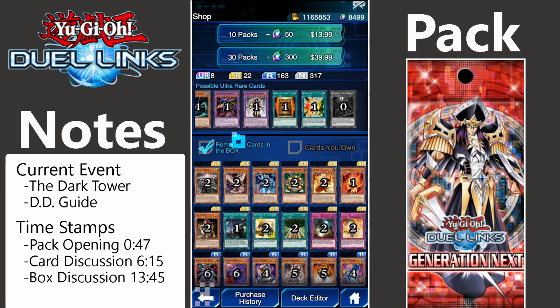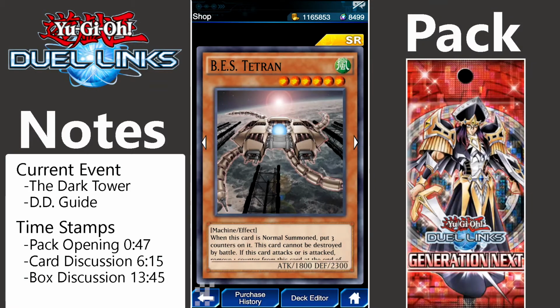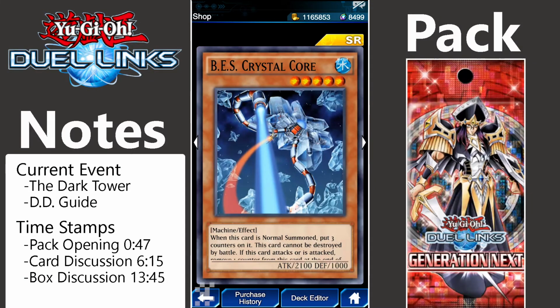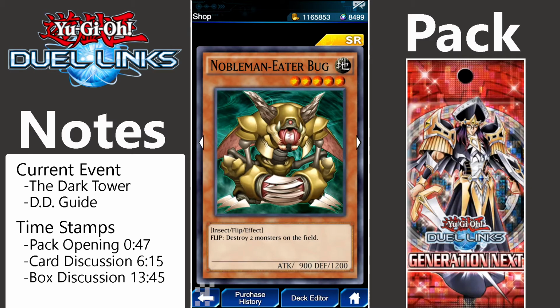What immediately sticks out to me is the new BES support. So there's a little bit more stuff for that. I don't really know how competitive that stuff is, but hey, there it is. We also get the Nobleman Eater Bug. So this actually destroys 2 monsters on the field. Of course, it is a tribute summon monster, but it's still very powerful and can destroy a lot of stuff